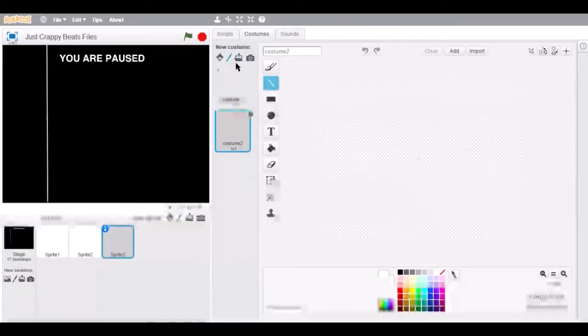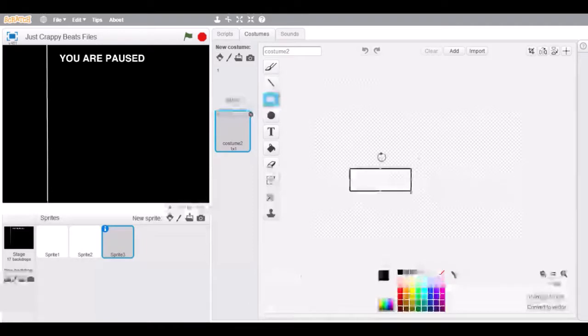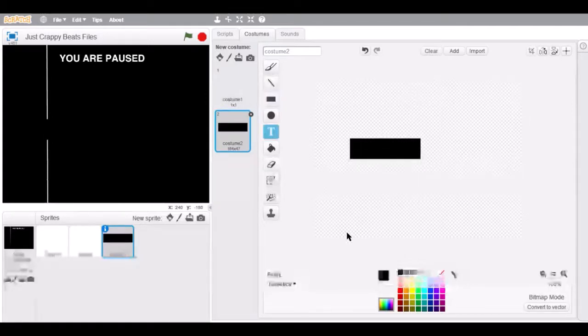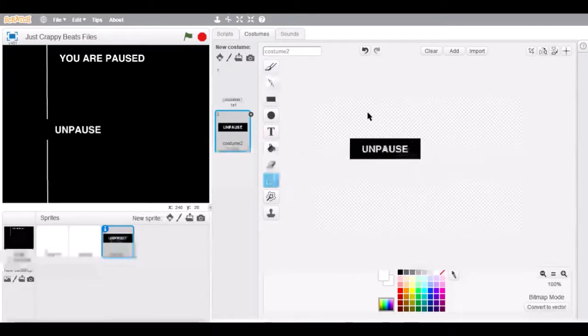So it's going to be two sprites. There's going to be pause and unpause. It's going to be a pause button right here. It's going to have writing on it that says unpause, so it gives you the option to unpause or resume. So you're going to put that there,